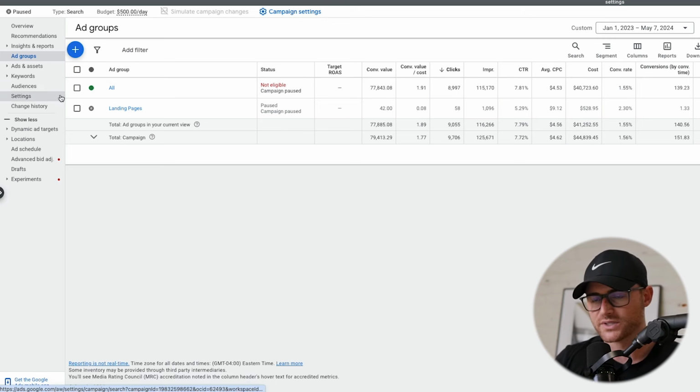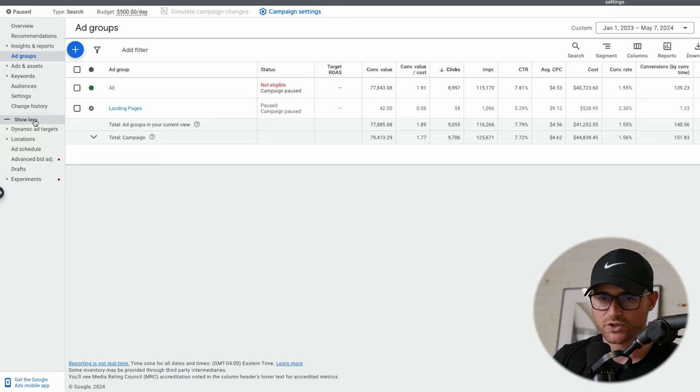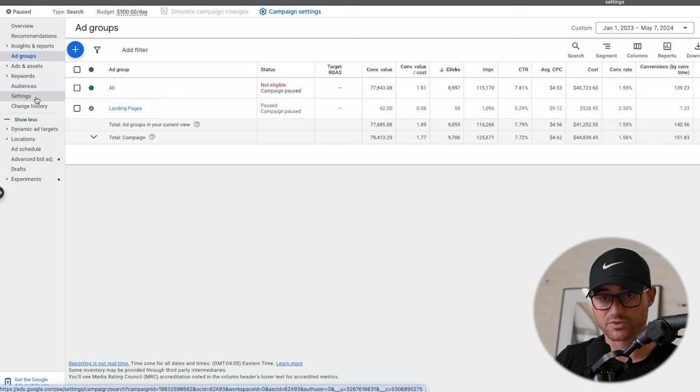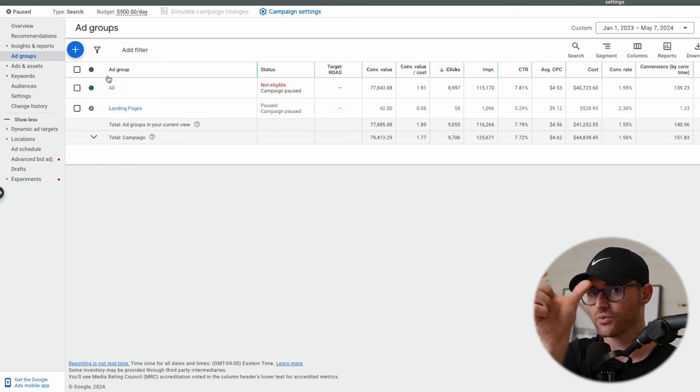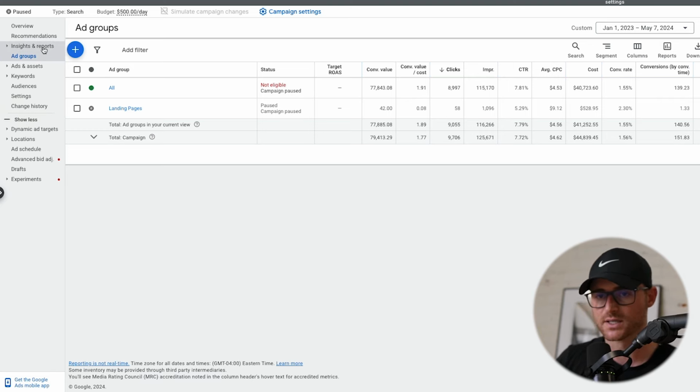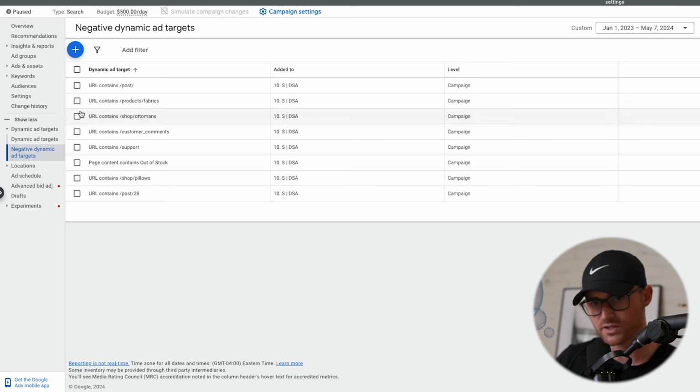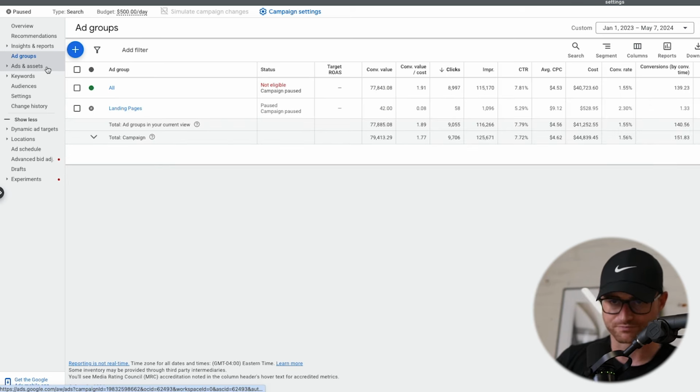So how you would set that up is you would have your dynamic ad group for all web pages. Then you would negate the keywords that you don't want to show for, your brand terms, more than likely, competitor terms, potentially in this case, again, because you don't want the possibility of the brand name showing in the headlines. And also dynamic negative ad targets that we just talked about in this video as well. Then you also want to go into audiences,